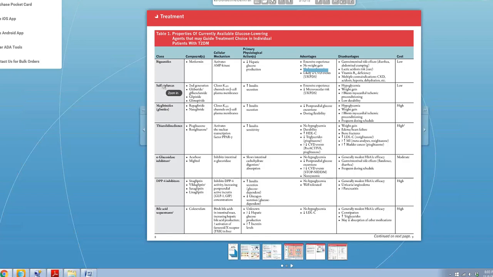Okay, sulfonylureas, you've got to be careful with those because of sulfa allergy. It's sulfa, sulfonylurea, glipizide, glimepiride. There's only one of these drugs in the sulfonylureas that is not processed by the kidney, and that's the glipizide. And so when people have chronic kidney disease, you can still use glipizide. And these drugs are cheap.